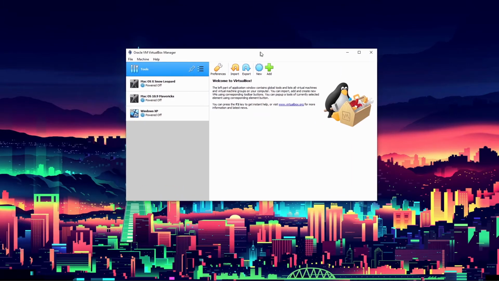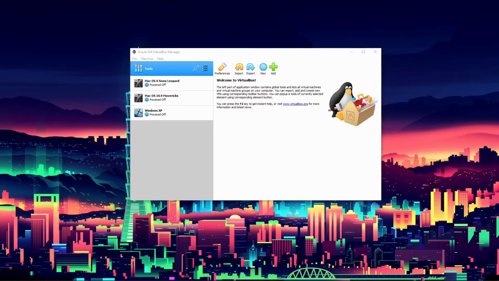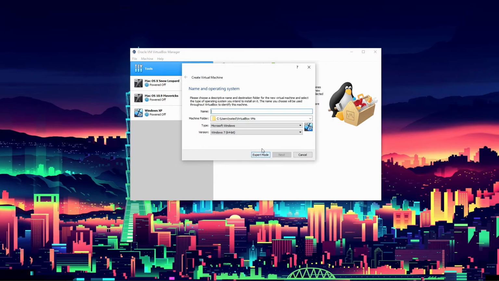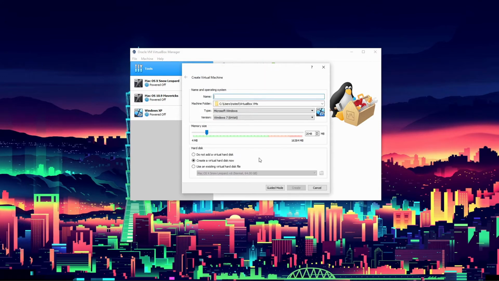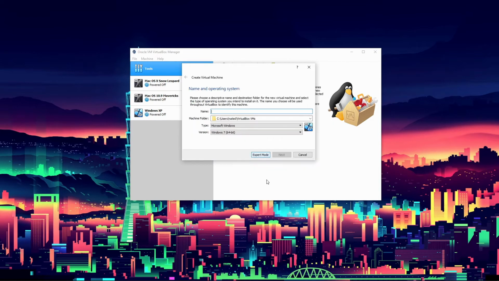Now, since we are in VirtualBox, we are going to want to click on New. Now, I am using the expert mode. You can click on the guided mode right here, and it'll switch it over. I use expert mode, however, for this tutorial, I will set it to guided mode, just as an explanation, because it's easier. Now, you're going to want to set your machine folder, so I set it to my custom directory where I keep my virtual machines. You can call it